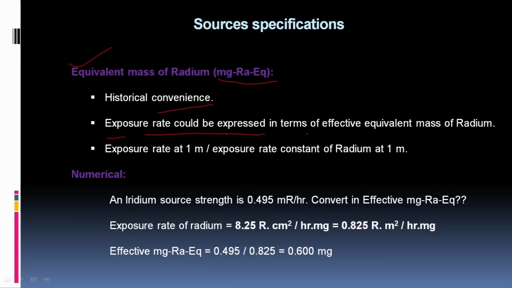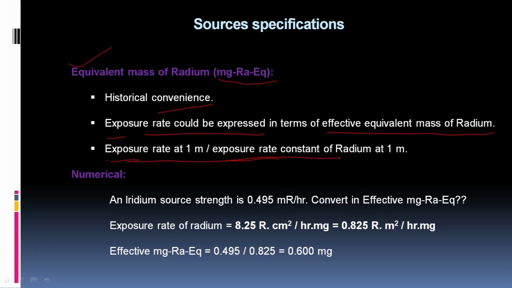So for historical convenience we express our newer brachytherapy sources in milligram radium equivalent. The exposure rate can be expressed in terms of the effective equivalent mass of radium, and this is actually the exposure rate at 1 meter